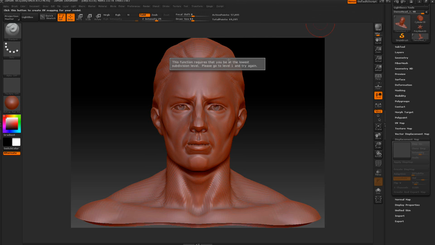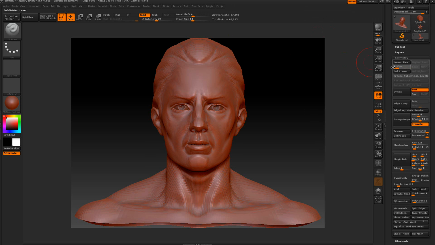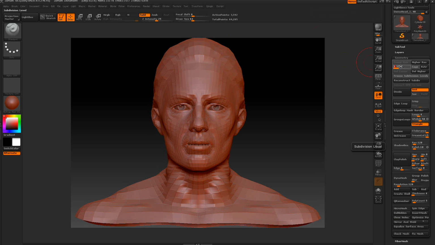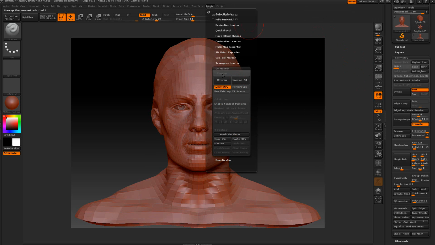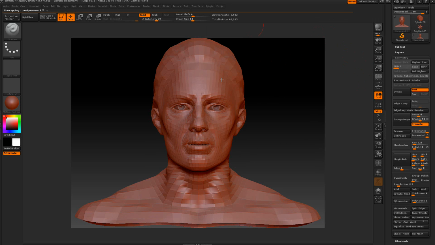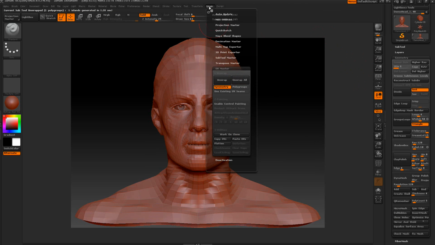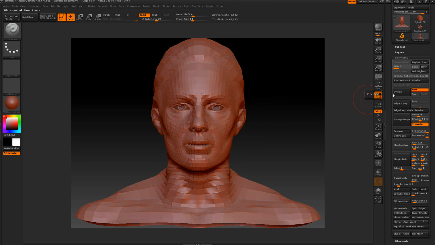And I'm getting a little error that I need to go to the lowest subdivision level, and we're going to switch that over here. Just in case you were wondering, I went ahead and jumped the gun there, so it's telling me to go to the lowest subdivision level. So let's do this again and unwrap it. Alright, at this point I'm going to go back up here and copy these UVs from this one here. We're going to leave this at the lowest subdivision level,